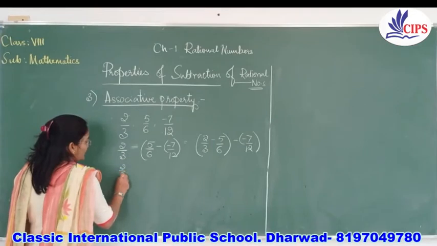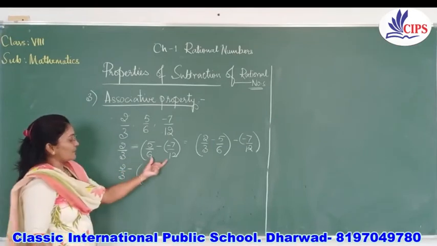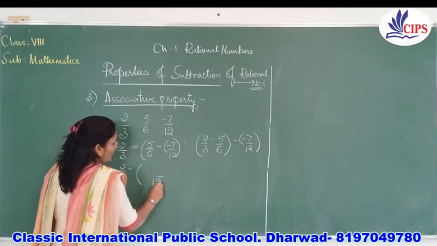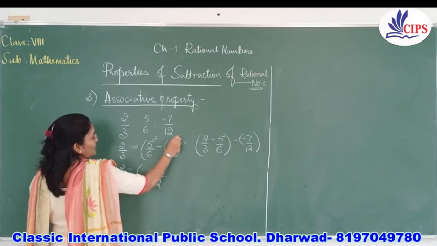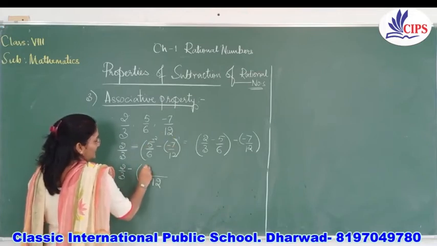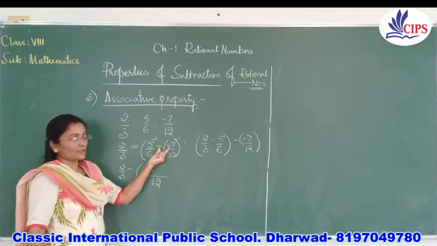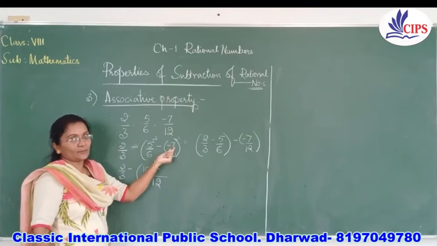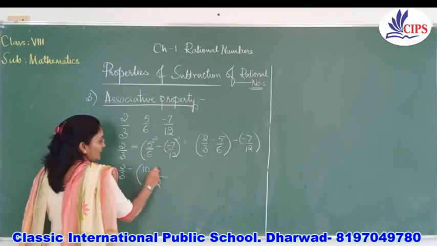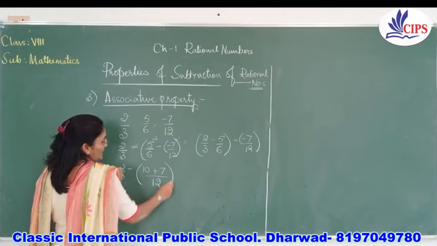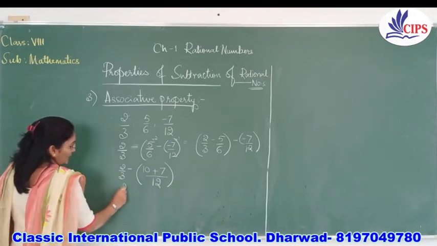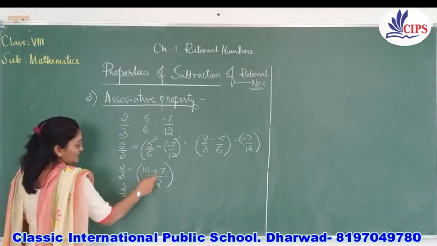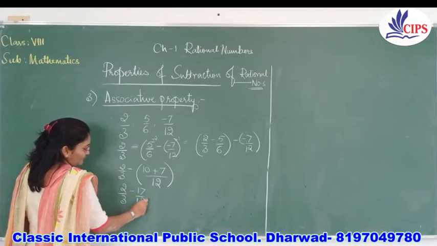So 2 by 3 I write as it is, minus of, so to subtract we'll take the LCM. So 6 and 12 LCM will be 12. So I'll write 12, 6 twos is 12, and here 12 ones is 12. So 5 twos is 10. We have got two negative signs here. This sign is for subtraction, and we have got negative sign for that number. The number is negative. So minus into minus is plus. So 7 into 1 is 7. I'll close the bracket. So here we get 2 by 3 minus. As both are positive, so I'll add them. 10 plus 7 becomes 17 by 12.